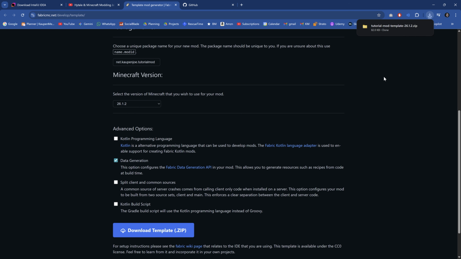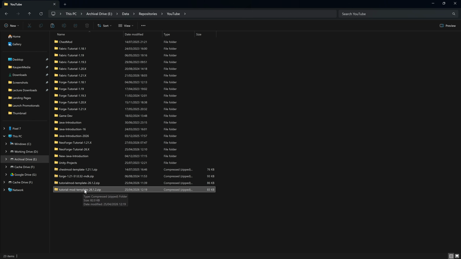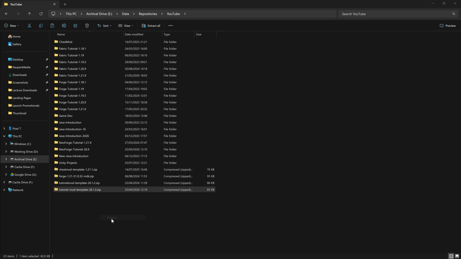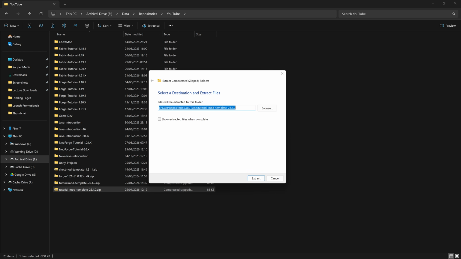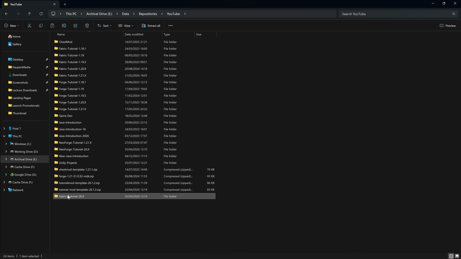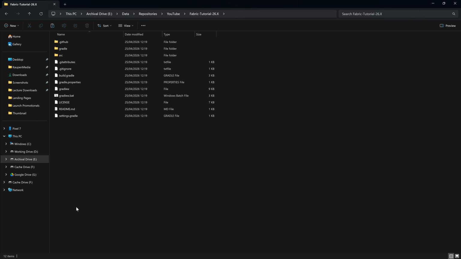And now let's extract that. Here we have the tutorial mod template right here. And we're just going to right-click, drag it. We're going to extract this over here, and I'm already going to make a proper name for it, and that's going to be fabric-tutorial-26.x. There we go, and we can go into that folder, and right here, there's just sort of one or